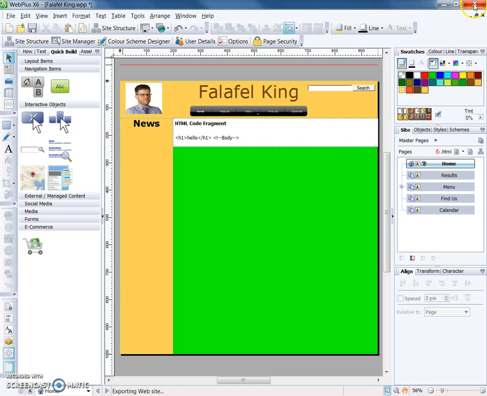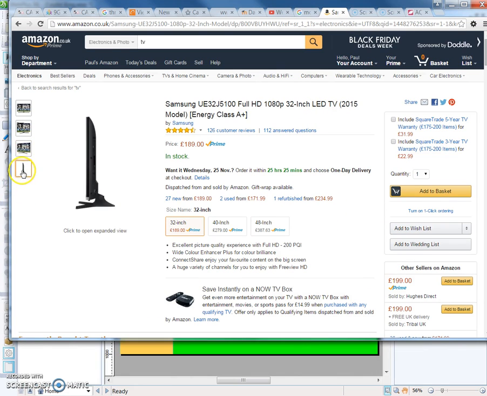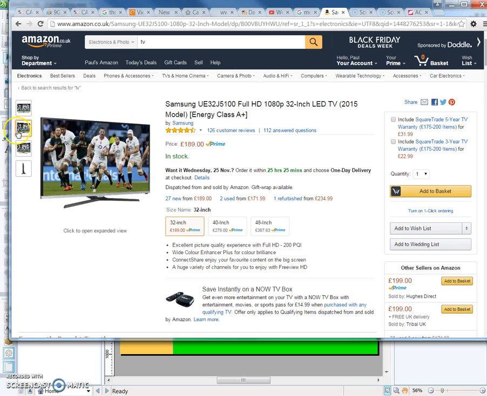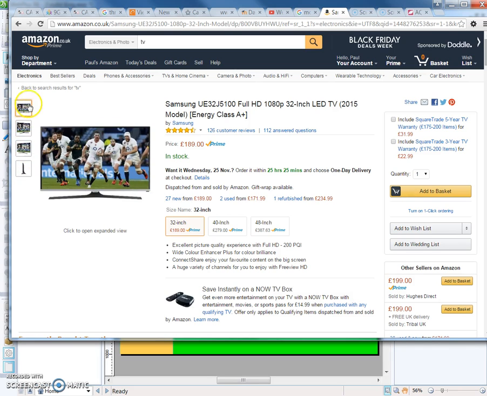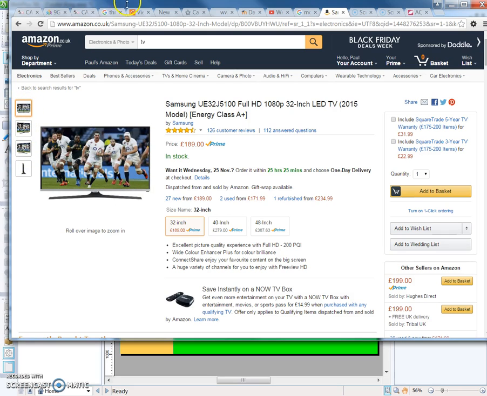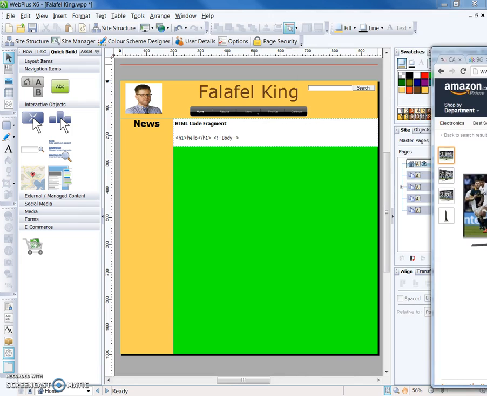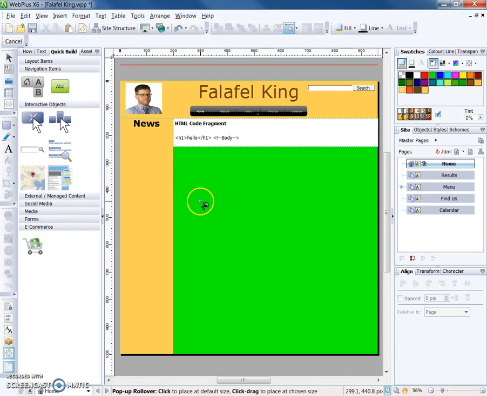Now we're going to have a look at pop-ups rollovers. Now this, I'm going to show you an example. So this is my Amazon.com page, and I'm looking at this television. When I roll over these pictures here, you can see that the main picture is changing, and we might want to have a similar effect to that. So what we do is it's much the same, but we use the rollover pop-up like this, and we